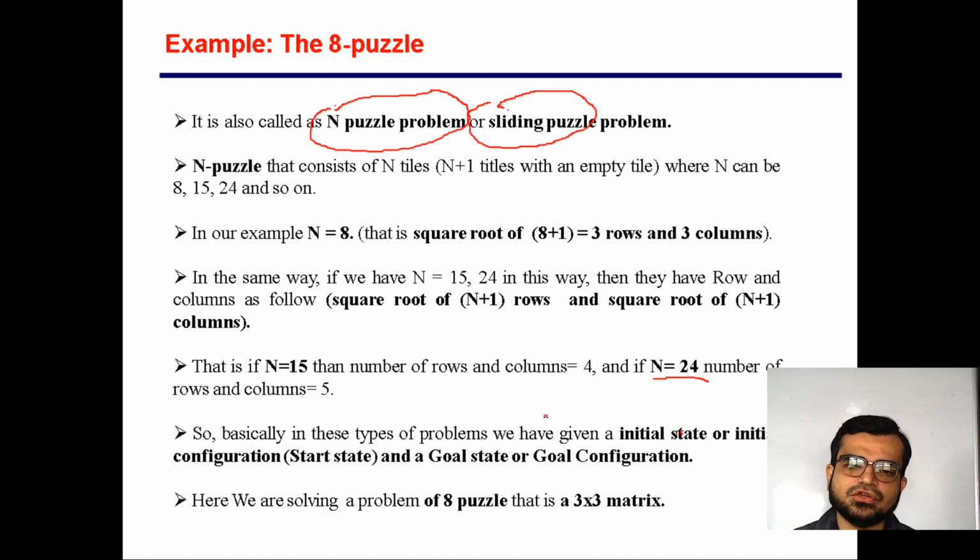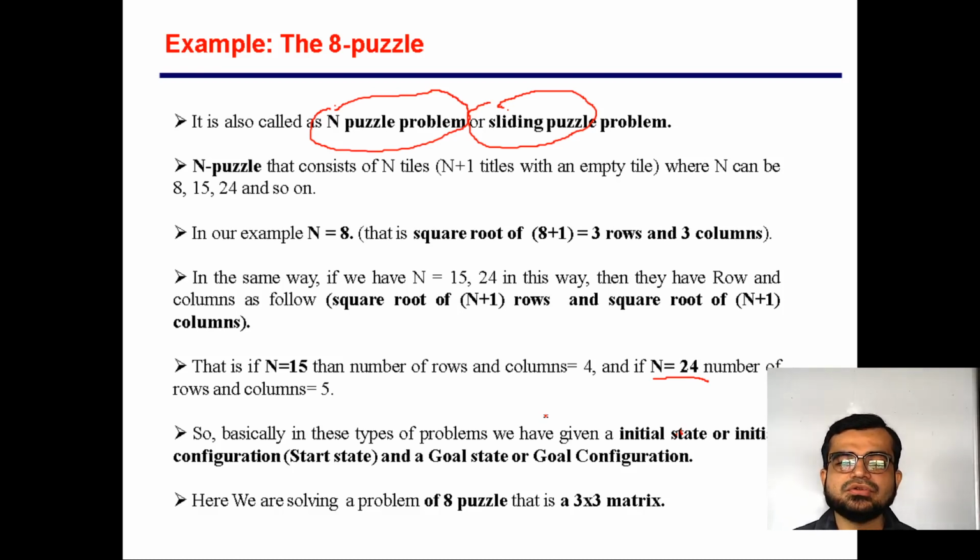Or if it is 24, you can take a 5 by 5 matrix. So for this type of problem, generally we need to decide what can be an initial state, because for any problem we need to decide the state space. As I said, state space means a collection of the initial state or initial configuration, which you can term the start state, and you need to know what your goal state is. Also you need to know what type of actions you can perform. If you club all of this information together, it forms the state space.